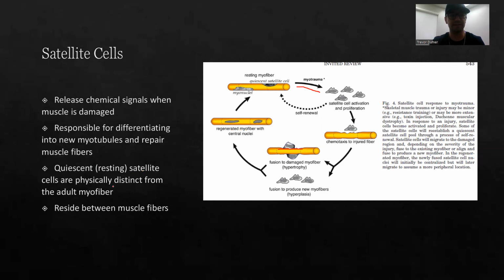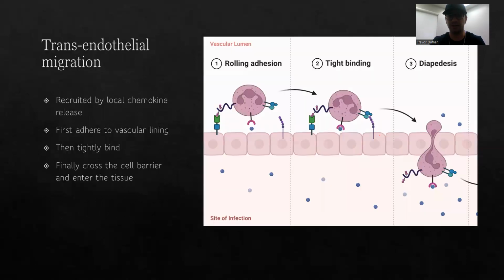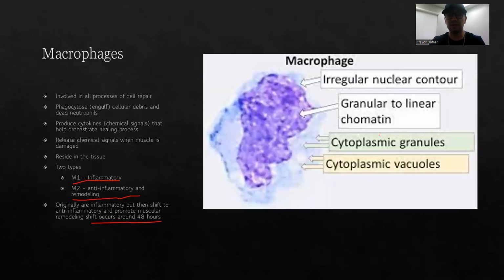Quiescent, meaning resting, satellite cells are physically distinct from adult myofibers. They're just sitting here, resting until they find the damage, until they differentiate into myofibrils. And these essentially reside between muscle fibers. That's where they usually are sitting until they are needed. And so I talked a little bit about